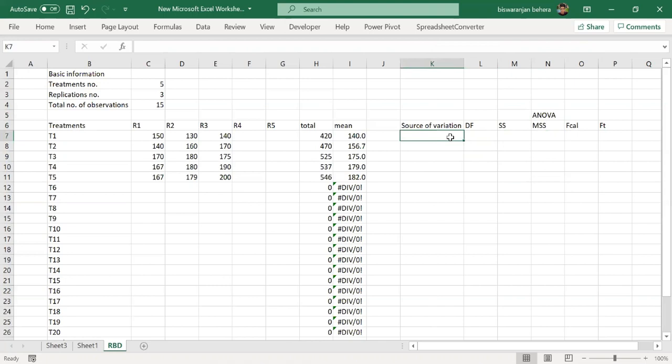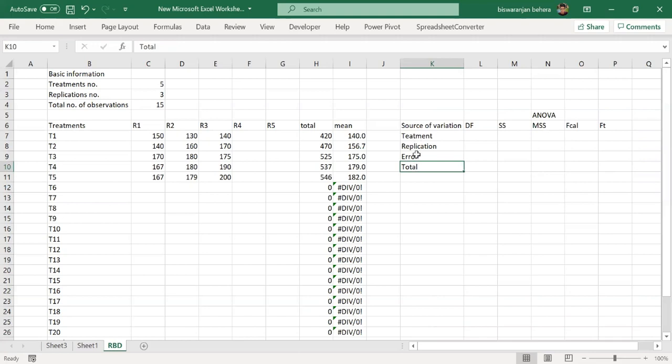So in ANOVA of RBD the sources of variation are treatment variation, replication variation, and error variation. So basically ANOVA divides the total variation into three variations. Those are treatment variation, so type treatment followed by replication and then error, and finally the total variation.